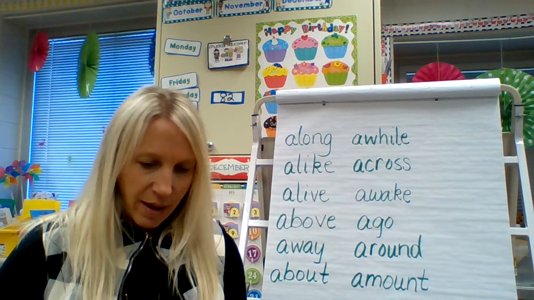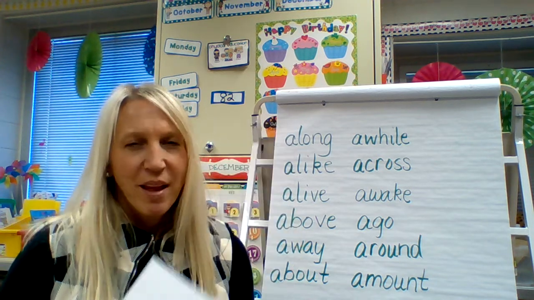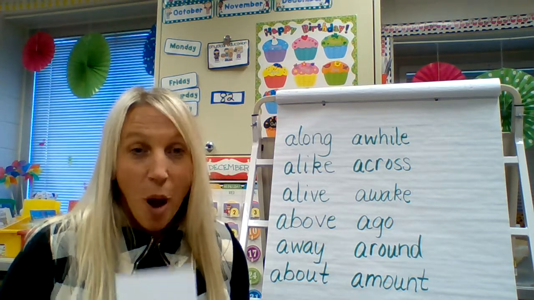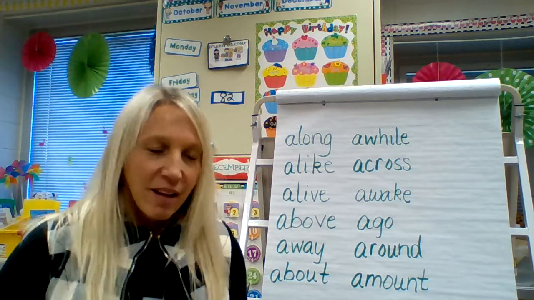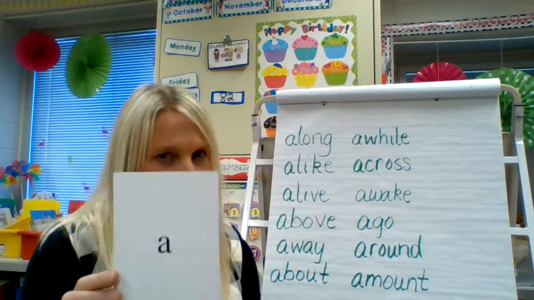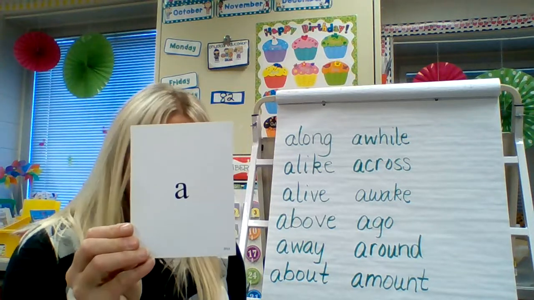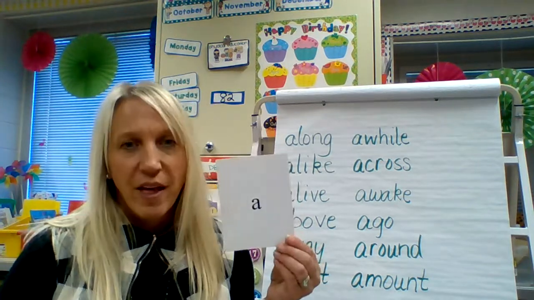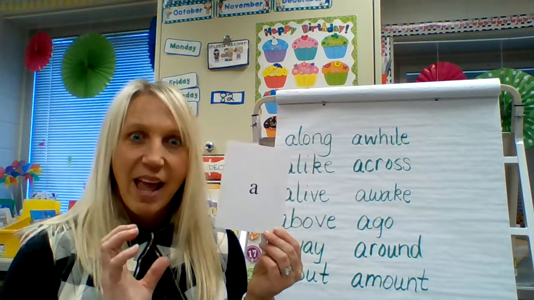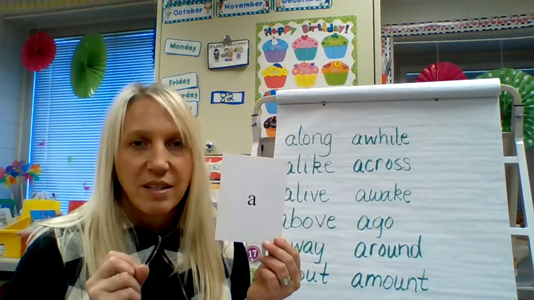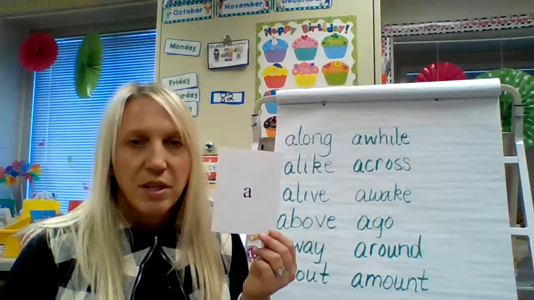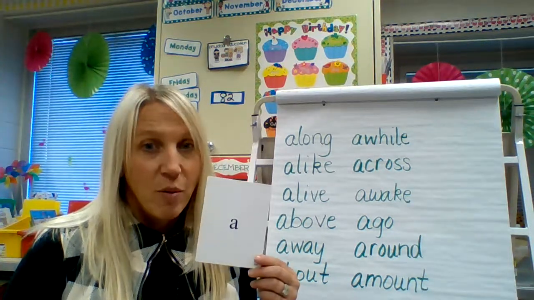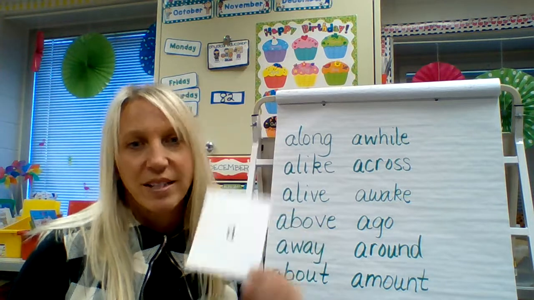Today we're going to talk about a new sound for A. While all vowels sometimes say that sound, remember we talked about schwa, it says uh. When A is in an open syllable at the beginning of a word, it almost always says uh. The key word for that is about, because the A is an open syllable all by itself, and it says uh, and our second syllable is bout. So again, A in an open syllable at the beginning of a word almost always says uh. Keyword is about.